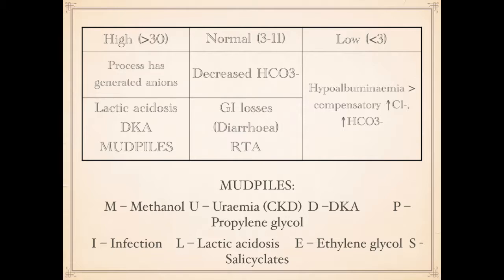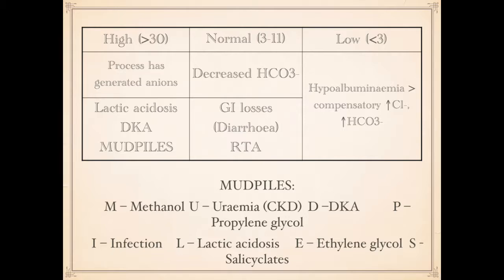And MUDPILES refers to additional processes which produce acid, and so you have a high anion gap. So MUDPILES, you've got your methanol, propylene and ethylene glycol. These are things which you might see associated with, say, those with no fixed abode trying to make their own alcohol, homebrew so to speak, drinking antifreeze. Not drinking brain freeze. Drinking lots of ice cream now. No, antifreeze, sorry.